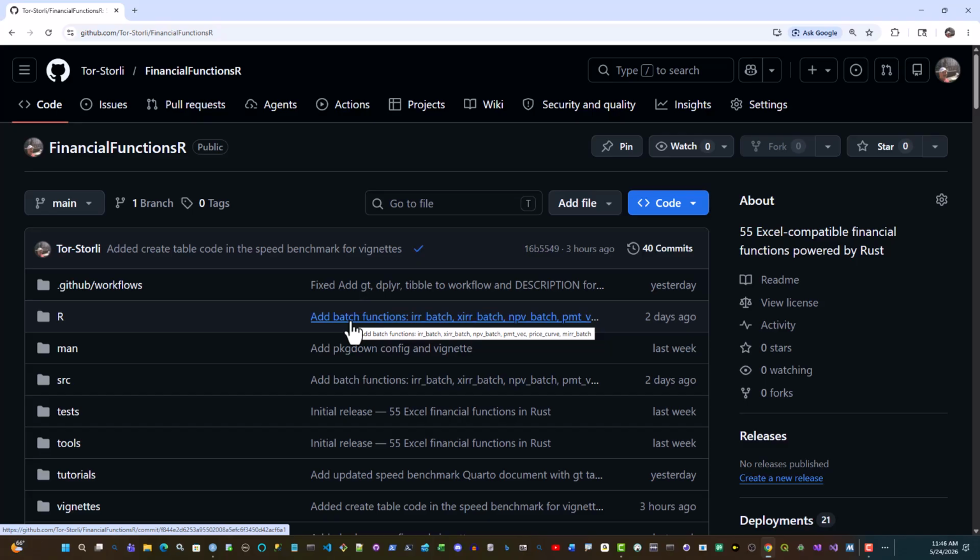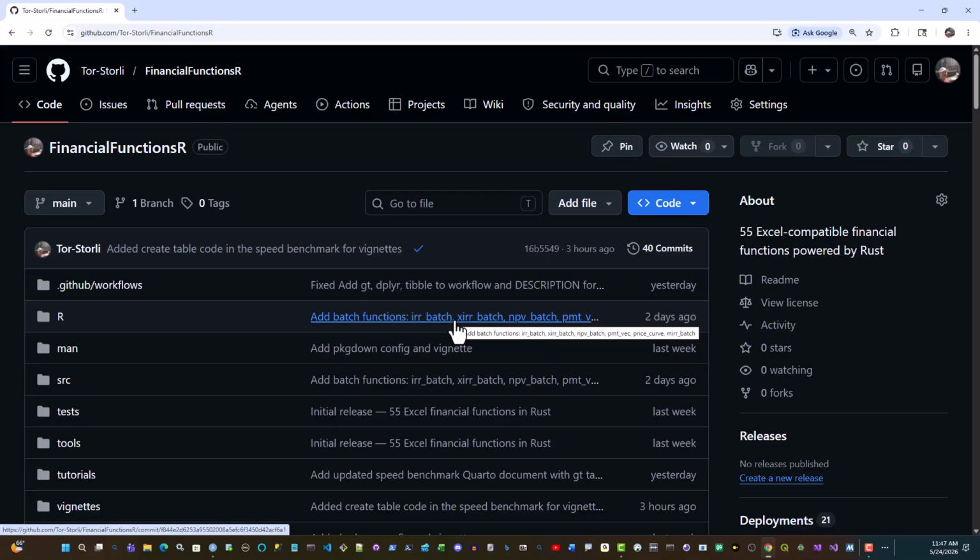Well, when you are calling my package in R using the regular functions like internal rate of return, the IRR function, or the XIRR, where you have dates on different intervals, or the NPV, when you have a lot of cash flows, you might want to consider passing it into Rust in one go instead of calling it one by one every time. So in this video, we will look at these new batch functions, and I will also demonstrate